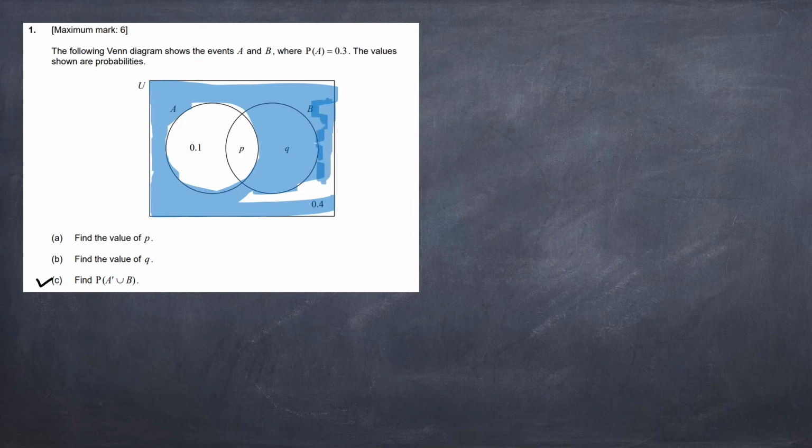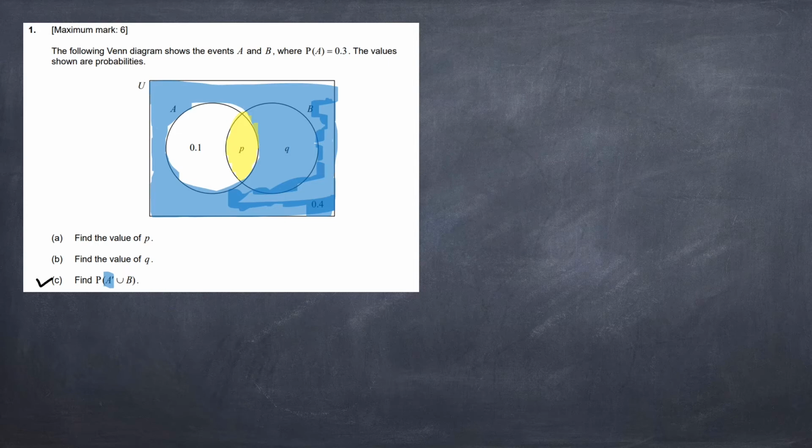Now the fact that you need to remember is that this is only just A complement, this part. Now again we have another part, that is union B. So union B means the part that is inside B will be this part only. So then it will complete the part.